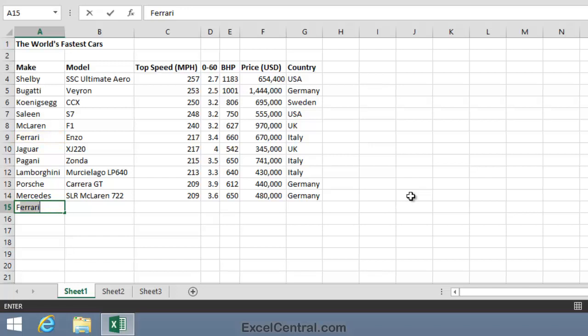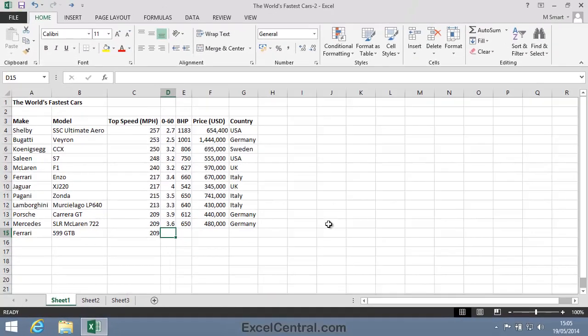I'll now press the Tab key to move to cell B15, and the make of this car is a 599 GTB. I then press the Tab key again, and the top speed is 209 miles an hour, and I'll press the Tab key once more. Now, coincidentally, the Ferrari 599 GTB has exactly the same 0 to 60 time as the Mercedes SLR. That's 3.6 seconds. So instead of typing 3.6 into cell D15, it's possible to fill down the value from the